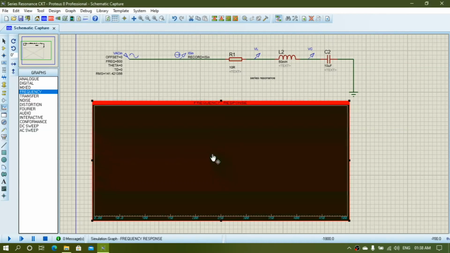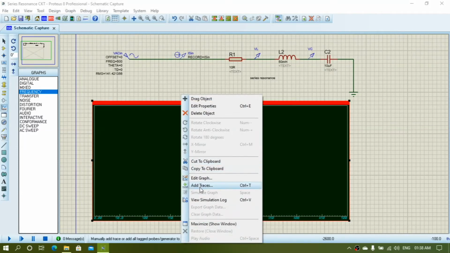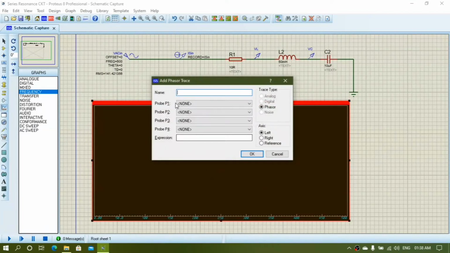Click yes, simulate. Then after setting the reference, we will have to add a trace with that reference. What should I plot in this frequency graph? We should plot our circuit current. So here click on add trace, and at the first one, probe 1, you will have to give a path for I sign.